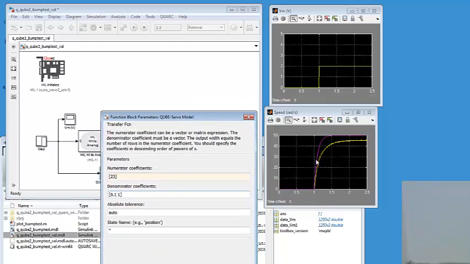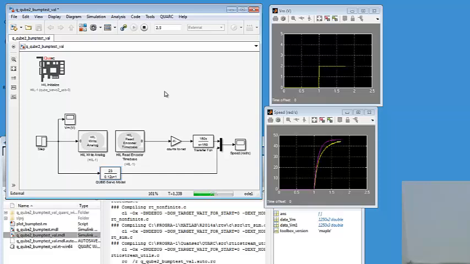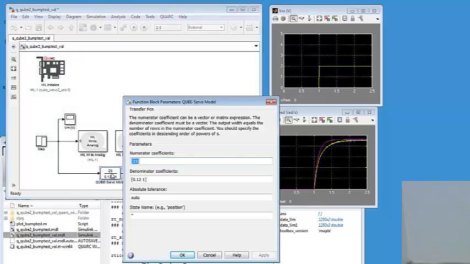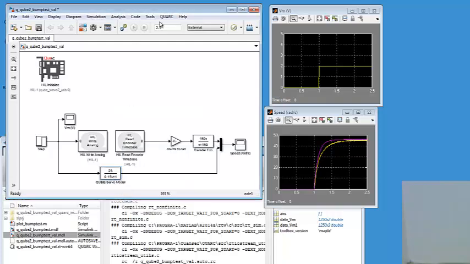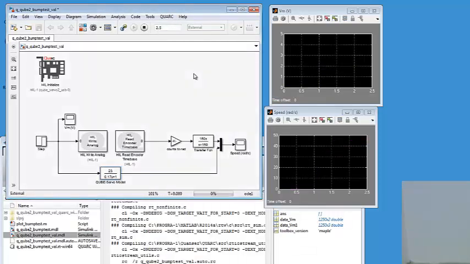So the simulation is responding too quickly. It should be slower to match the yellow measured response. So in that case, I can add a small delay of 2, so 0.12 instead of 0.1, which will make it a bit slower. Okay, there we go. That's a bit better. So let's modify this a bit more delay in the model. Okay, that's not too bad. How about 0.17? There. So that more or